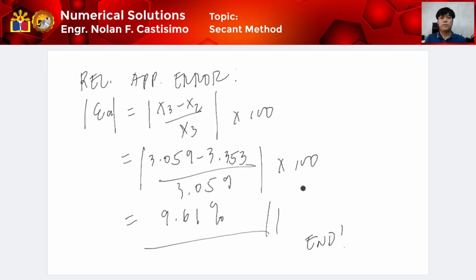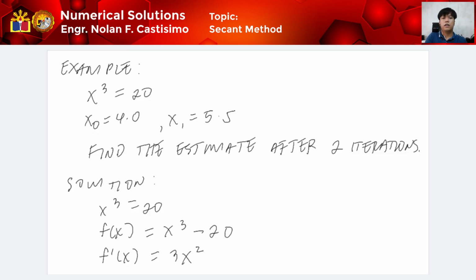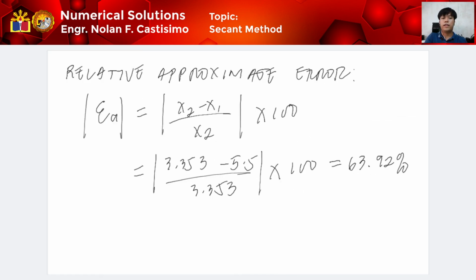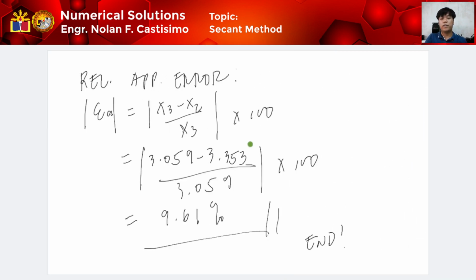Kasi, natapos na natin yung second iteration. And, sinabi naman, kung babalikan natin sa problem, na find the estimate after 2 iterations only. So, after 2 iterations. Okay. So, with this example, assume na natin na ang ating root ay si 3.059 and we have the relative approximate error of